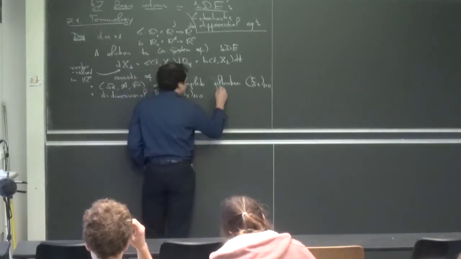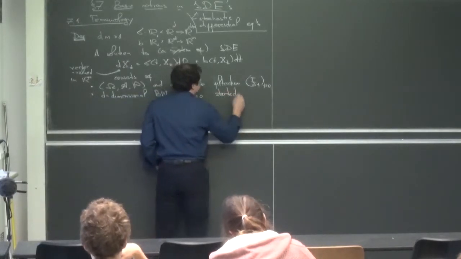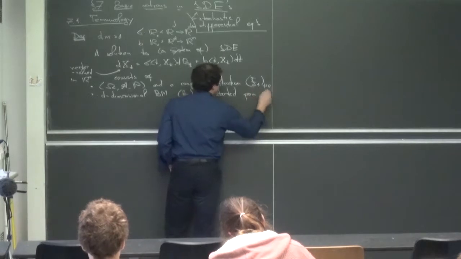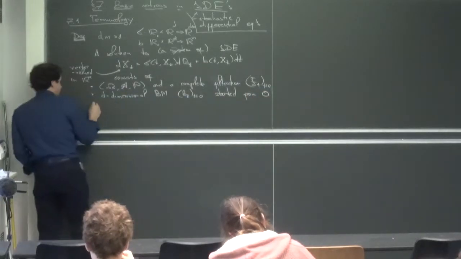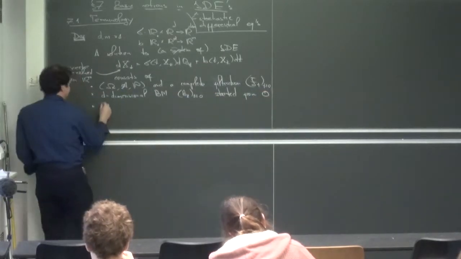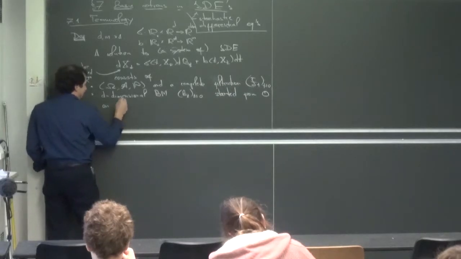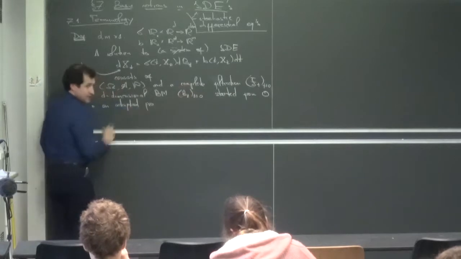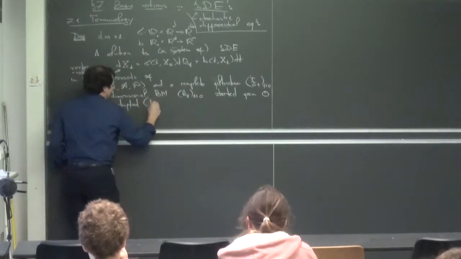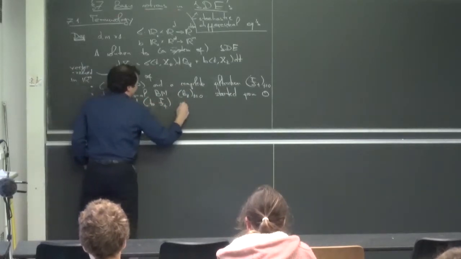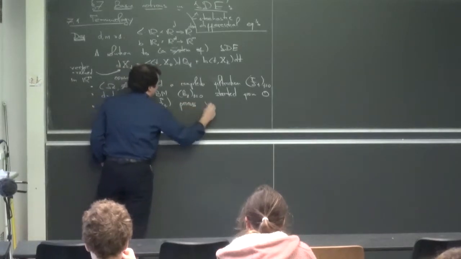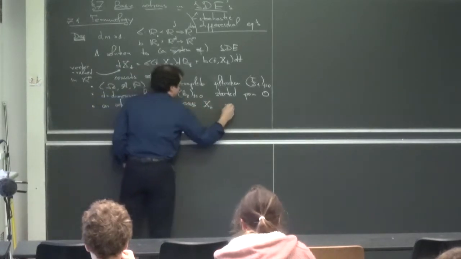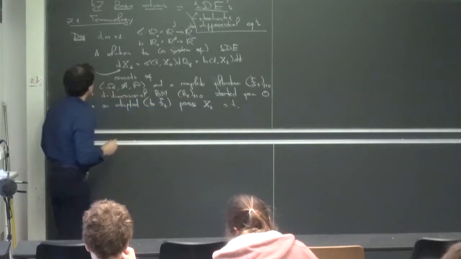D-dimensional Brownian motion started from 0. And then an adapted process, adapted to F_t, process X_t such that